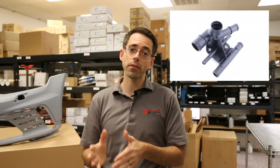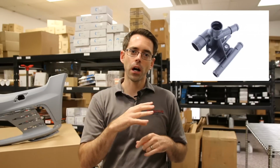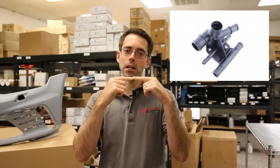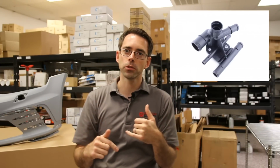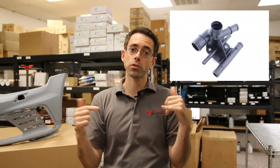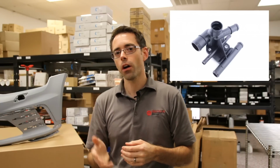All right, so what he's referring to on FSI engines is the coolant flange, which is a housing on the driver's side of the cylinder head. It bolts onto the cylinder head itself, and has coolant hoses that run to it. It has what looks like two barbed fittings on the side that the coolant hoses slide onto. Directly below that, I believe, are the same thing, but where vacuum runs through. I'm not sure exactly why they designed it that way, but there is a hose that often breaks, which